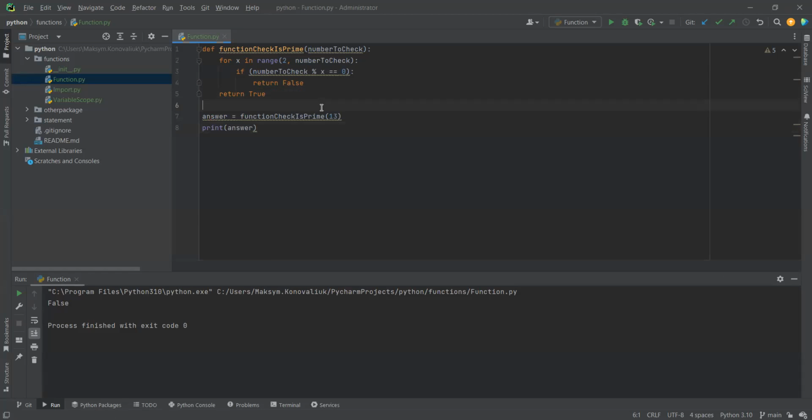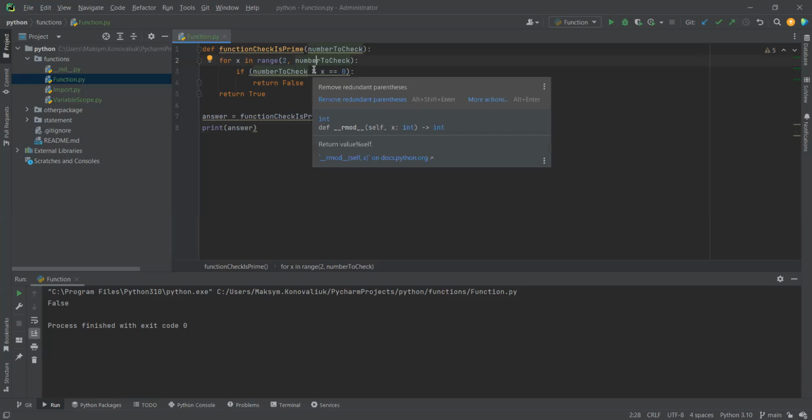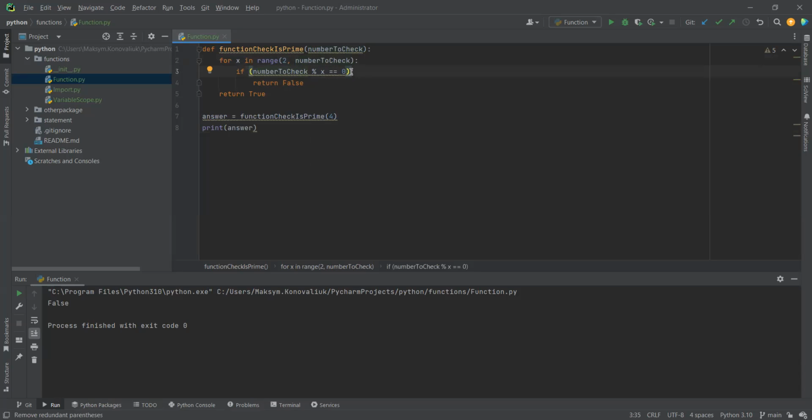So let's simplify it. We're saying for x in range from 2. Let's put 4, just to make it simple. So the program will take the number to check, which is 4, and run this function, the percent sign, the modulo. What do you call it? I don't know how to say it. And you want to check if the result is equal to 0. If it doesn't equal to 0,